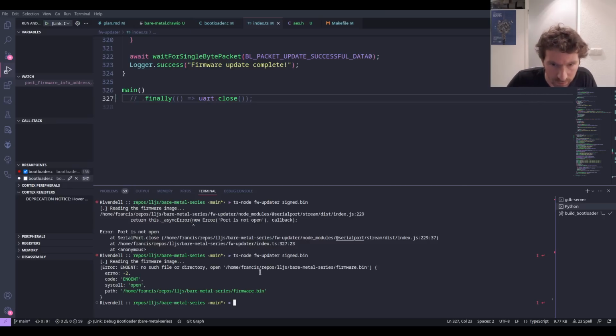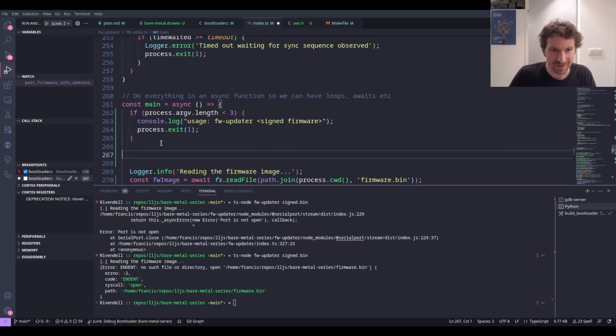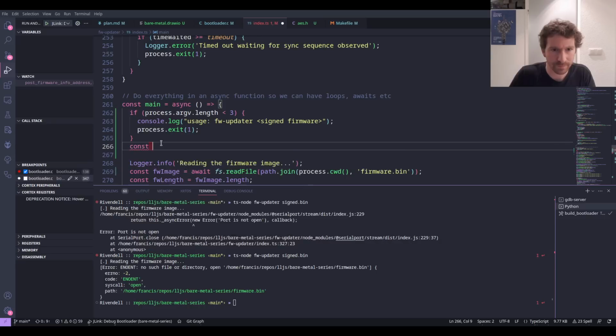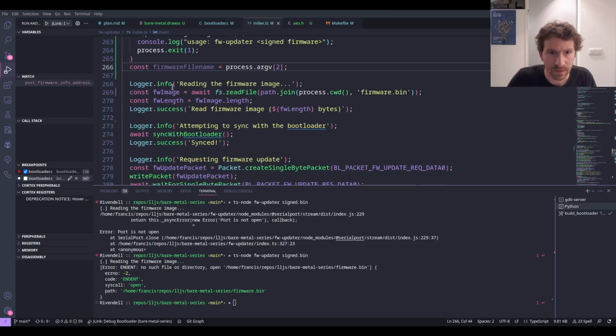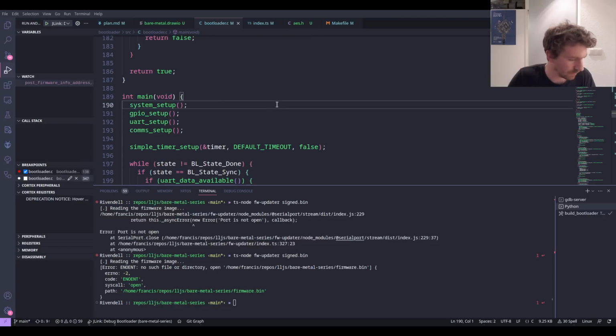No such file, firmware bin. Yeah, of course, because we're trying to get the firmware file name, which will be process argv2, and we're going to pass that to this. Yep, okay. Get rid of this, and so is the